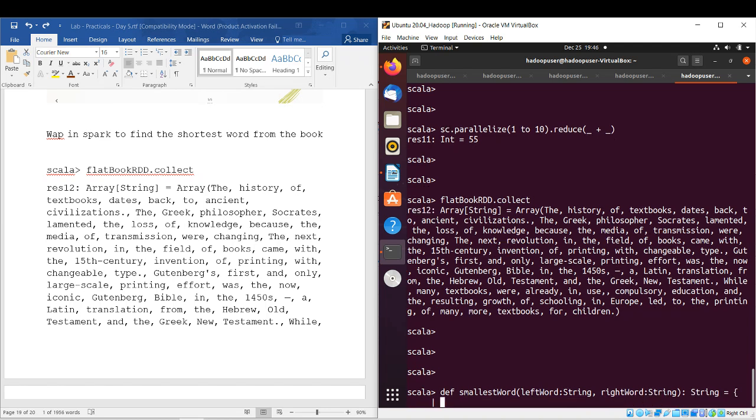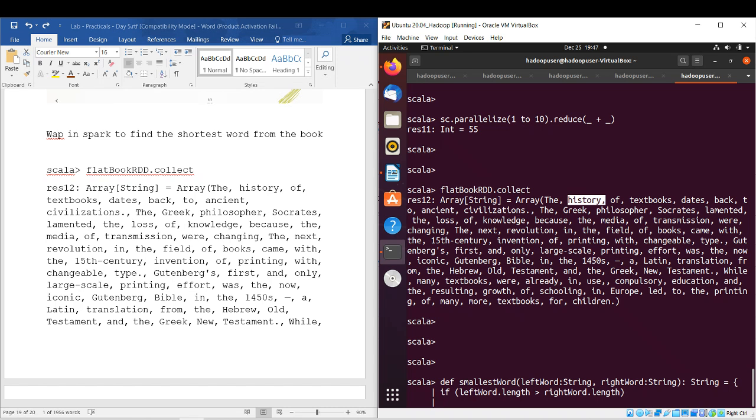Okay, great. So how do I compare two words? How do you say which word is small? The length, check the length. So I will write something for the length. If leftWord.length is greater than rightWord.length. If I make any spelling mistake, correct me please. So if the left word is greater than the right word,